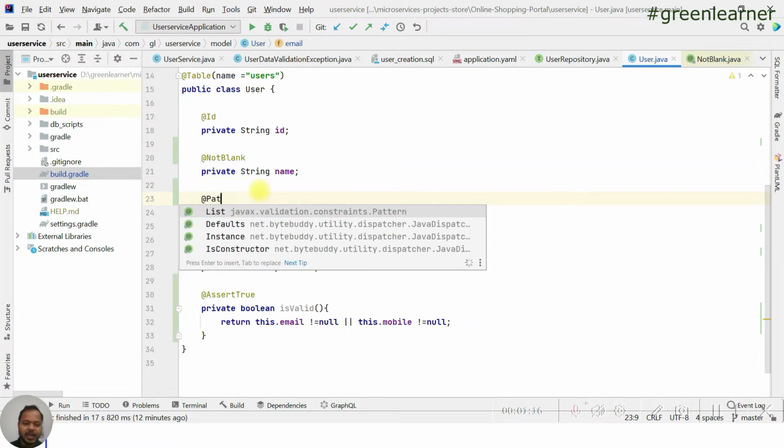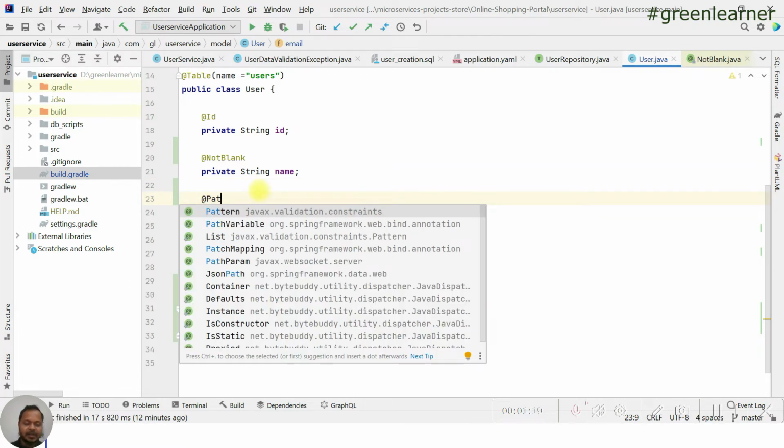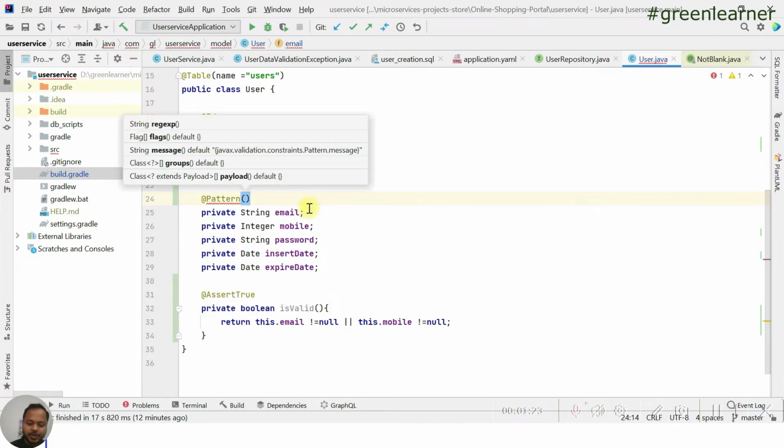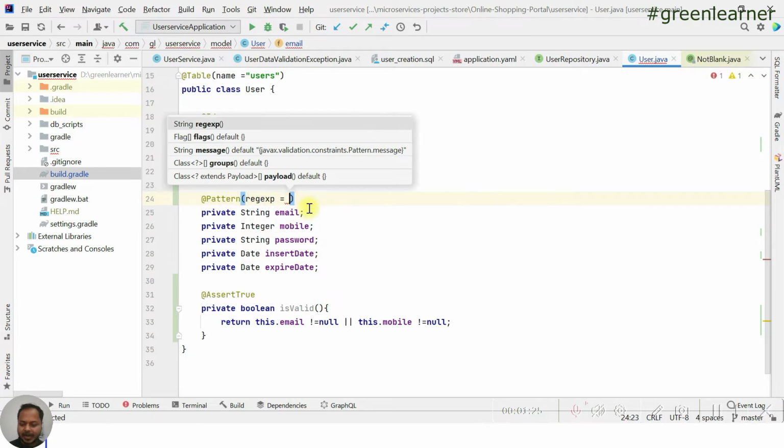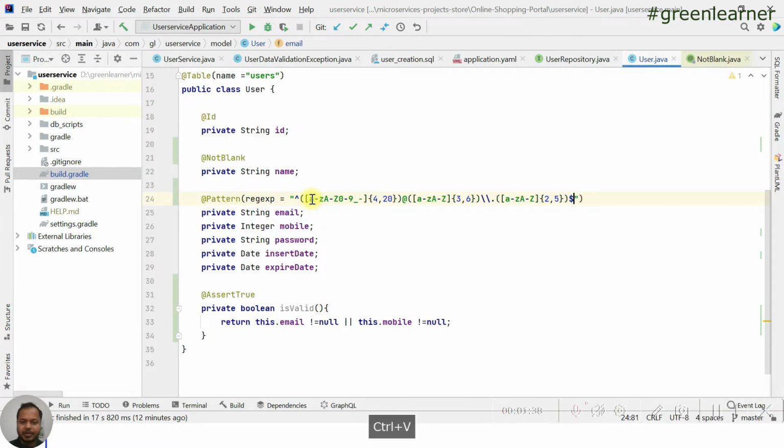So for that we have this annotation, @Pattern. Again, it is coming from that new library that we just added. Here we have to add the regex. I already have that regular expression that I'm going to put here. It is going to be in this format, you can read it out to get the detail.